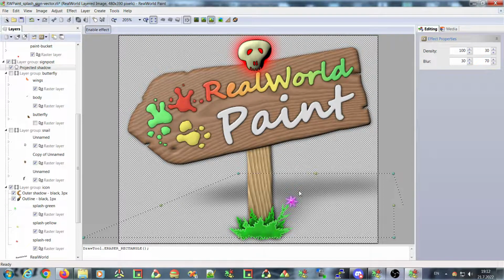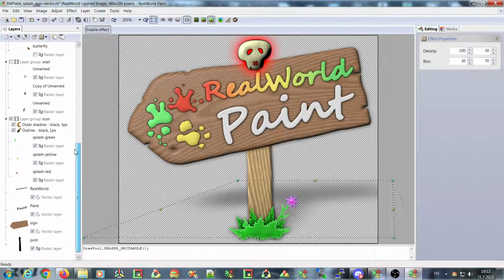So this is not the only effect that can be controlled via these control points on the canvas. There are more and more. I will update the old effects to this new mode, but I wanted to show you another effect that was